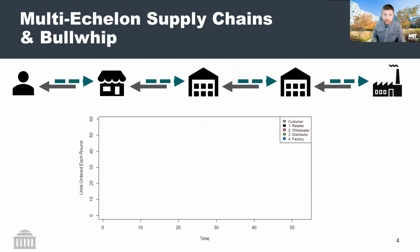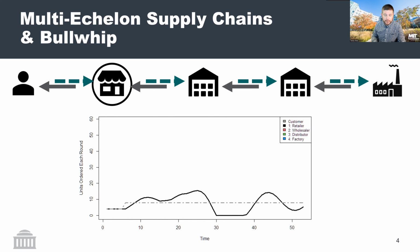So the basis for this is really looking at these concepts around bullwhip. Well, at least that's the functional testbed for the research here. And I think this will be review for this audience. But when I say bullwhip, what I mean is as you move further and further away from some sort of